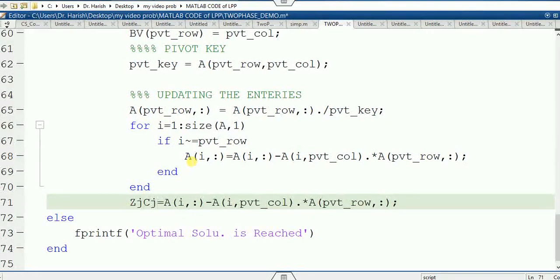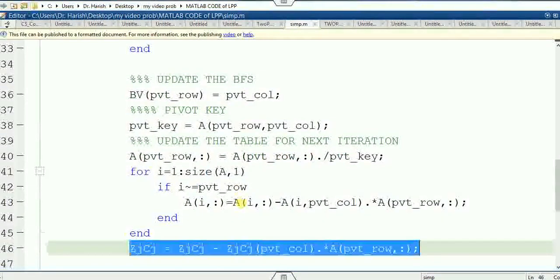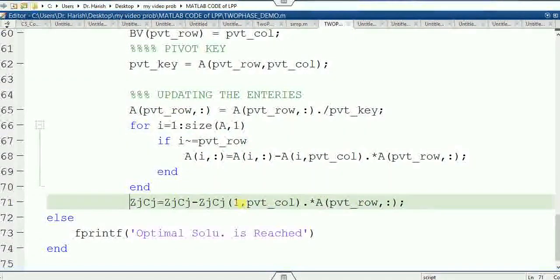So it is ZJ CJ. Again, here is ZJ CJ, and this pivot row remains the same. Since there is no other row, I just denoted it as A, and I called this my pivot.